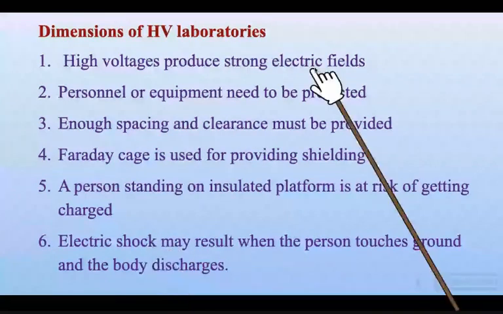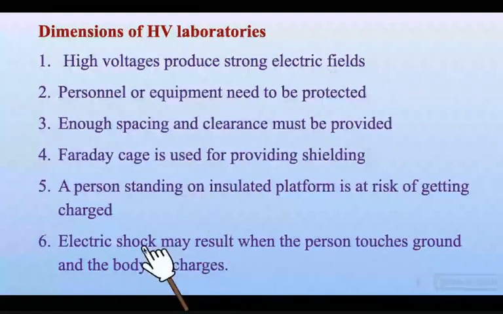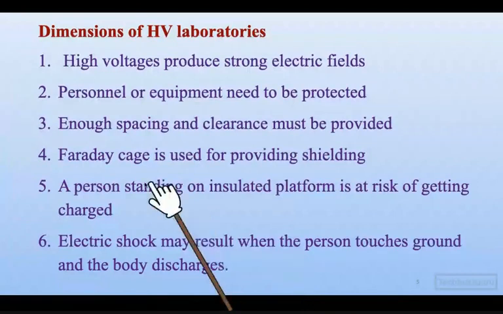Electric field was present, the person got charged, but as soon as he removes his footwear or tries to touch some metallic object which is grounded, whatever charge is there on him will flow through his body and his hand and also to the ground. It may cause an electric shock. If charges are sufficient enough, then the shock may prove fatal. So that is the danger, and utmost safety is to be taken while working in the high voltage laboratory. That is provided by the Faraday's cage.